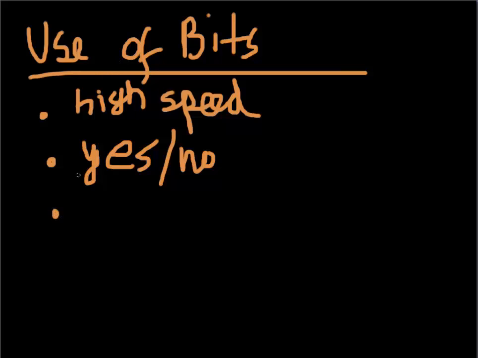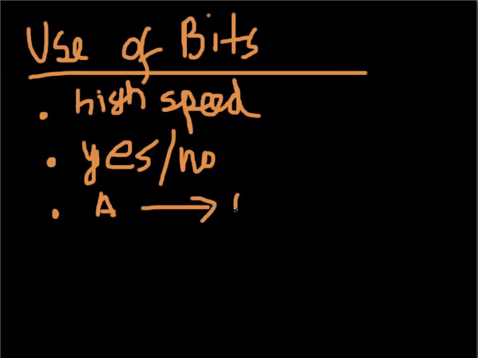And third of all, sequences of bits can be used for representing different data with the help of a code, and I'll be explaining what a code is shortly after this. So wait for that, and let me again tell you, sequences of bits can represent different data, such as